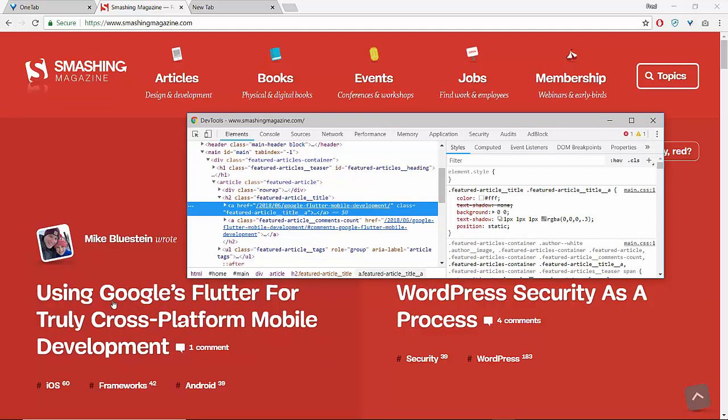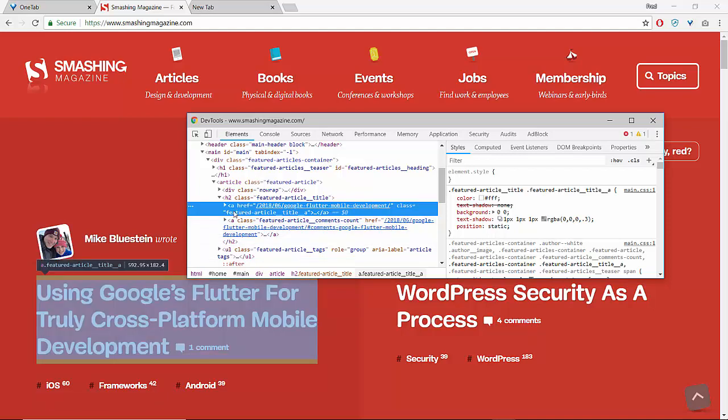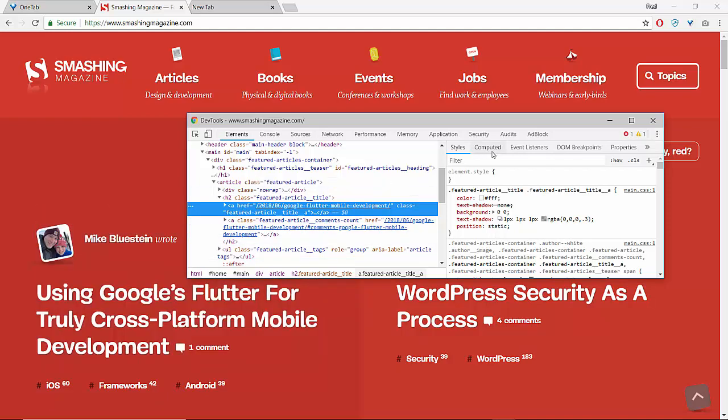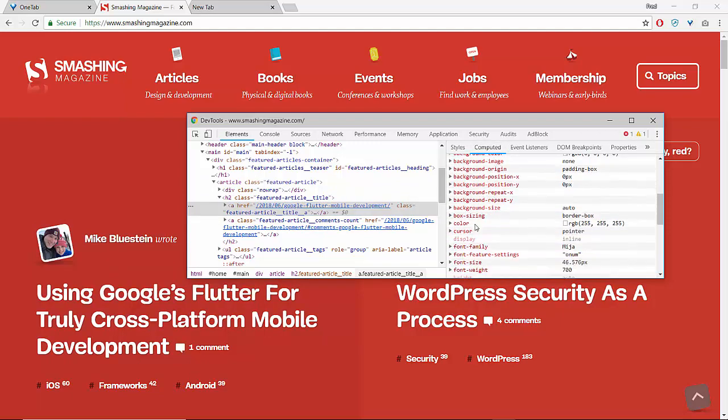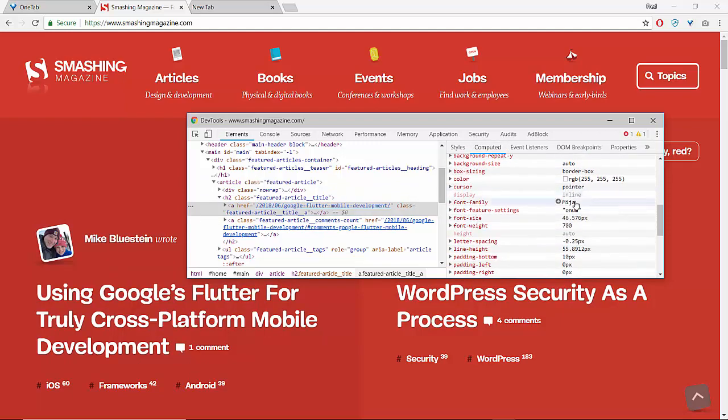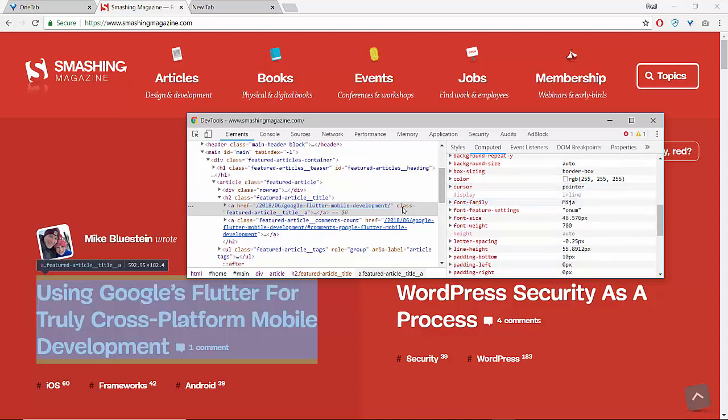Let's say we're curious what font this title is. We're going to go here to this highlighted part. We're going to go over to Computed. We're going to look for the font family, and it's a font called Meja, which I've never heard of, but that is the font that